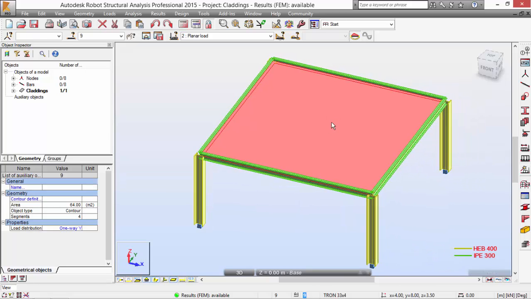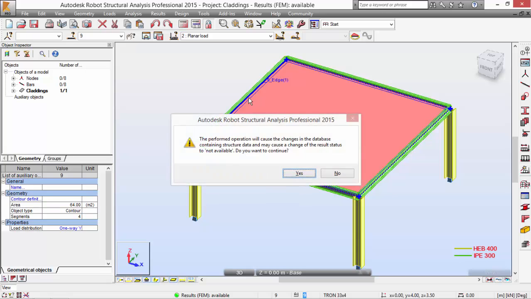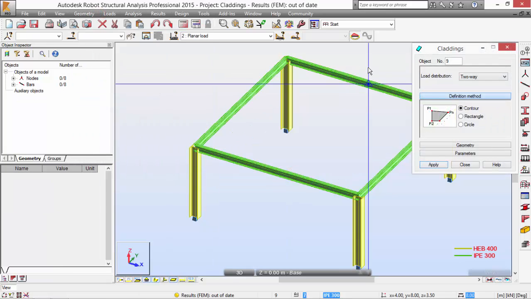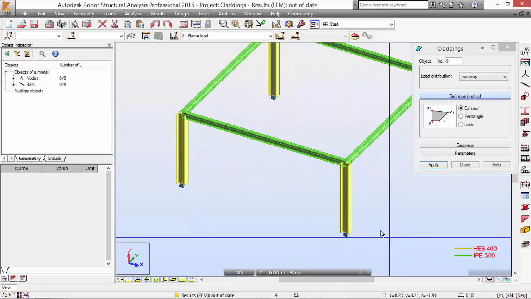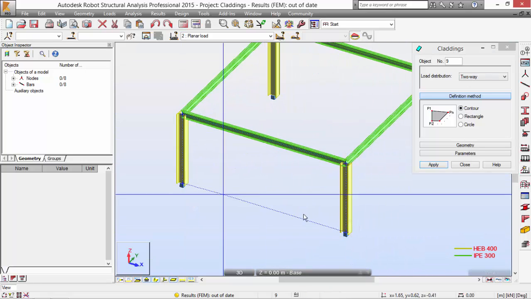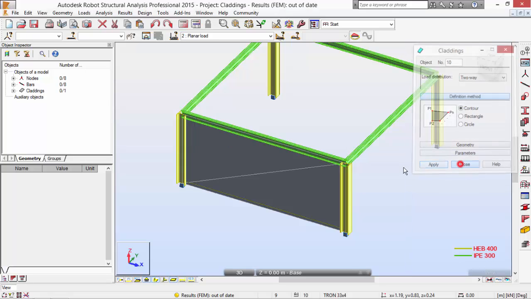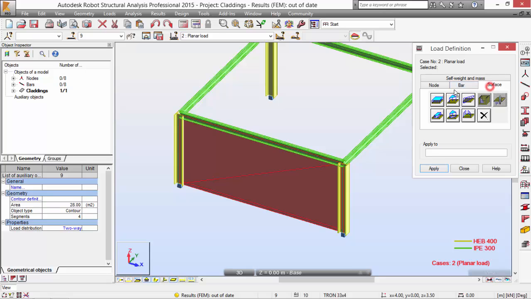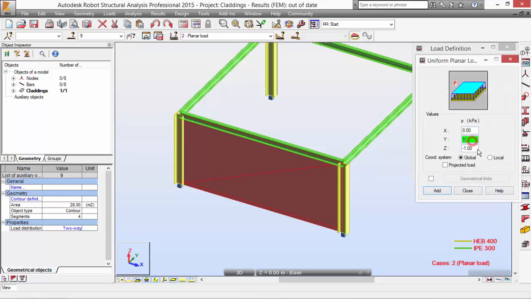You can do this with horizontal claddings and also with vertical ones. Just pick the two-way cladding, pick this node, this node, this node, this node, this node, apply it, close. Now apply a planar load to this cladding